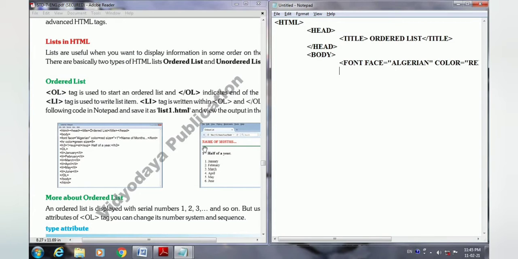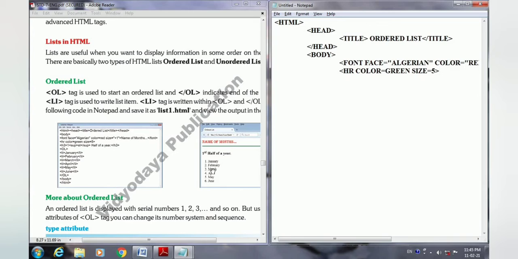But before that, can you see over here what is there? Yes, horizontal line. So which tag is there to draw a horizontal line? In the previous chapter we have discussed. Which tag is there? Yes, HR tag. So here we will use the HR tag. So HR, now color is equals to green, and size, any size you can set as you like. So size is equals to 5. So the HR tag is complete.